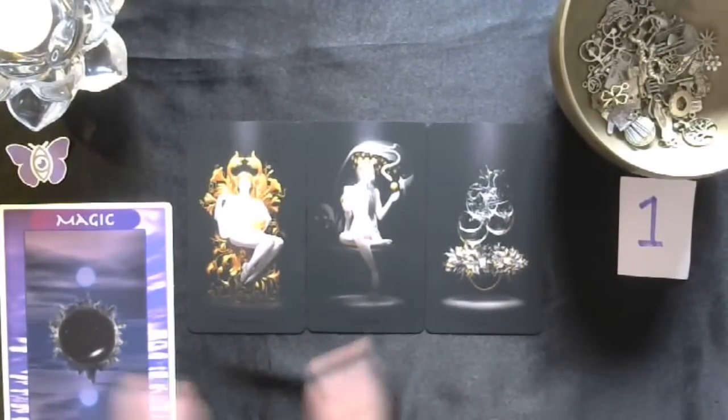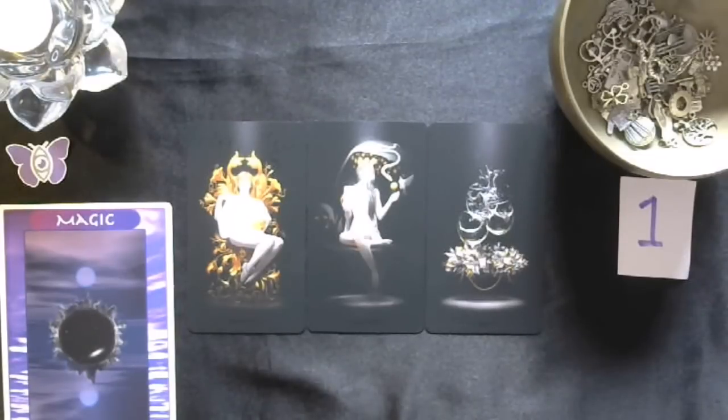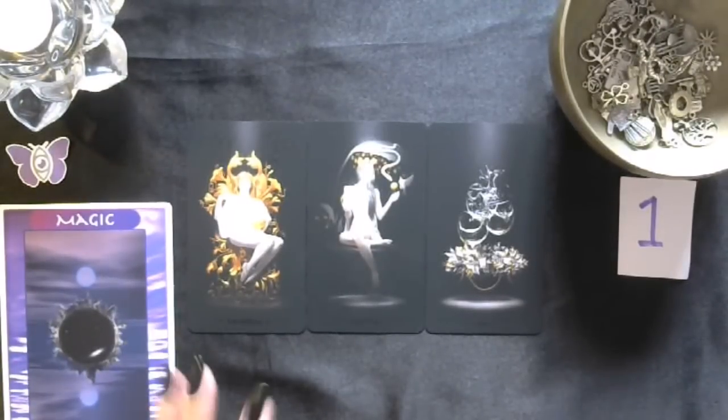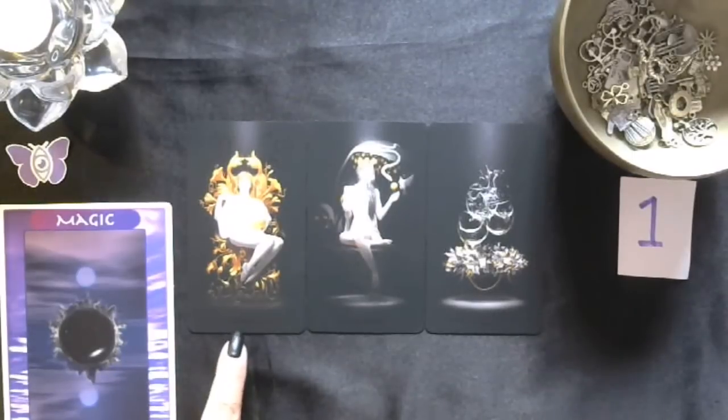So first of all, I know the camera is not always very clear with regards to these cards, so I'm just going to give you the information as it comes through. So for your career, for your job, for the work that you do, for whatever it is that keeps you busy and occupied, because I understand that a lot of you watching this are not working for whatever reason, but whatever it is that you do all day, whatever keeps you busy all day long, you've got the Empress here,